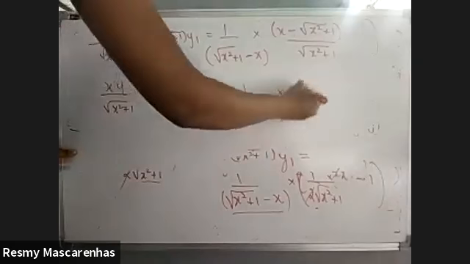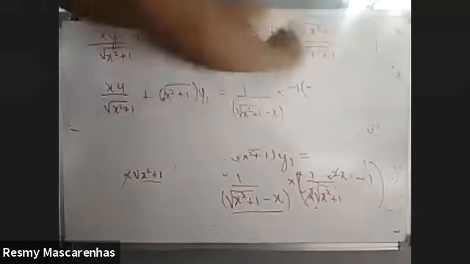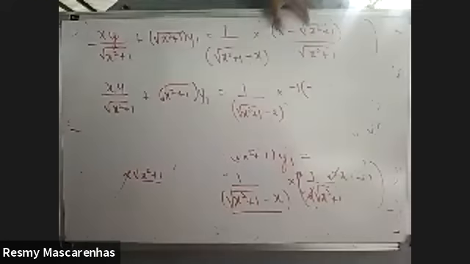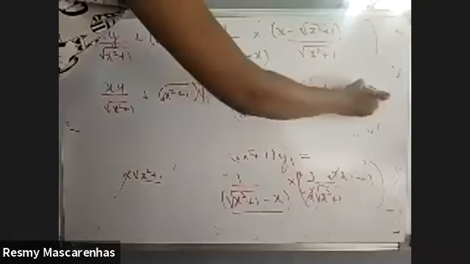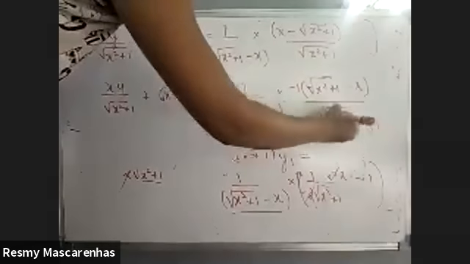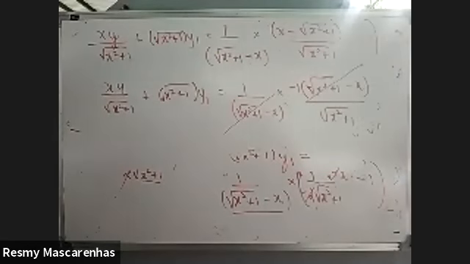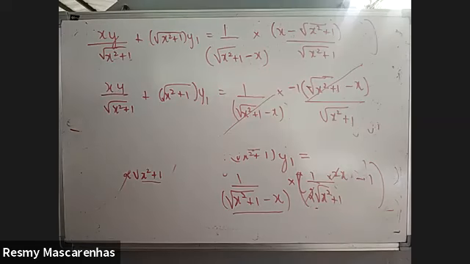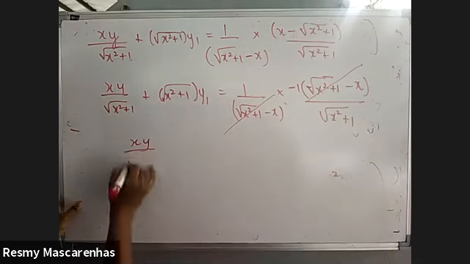So when I take out minus 1 common, this will become ulta. Okay. Anytime you want to reverse the terms, take out minus common, reverse the terms. And now you can cancel with this. If you directly cancel, you will miss out this minus. So you will get this xy upon